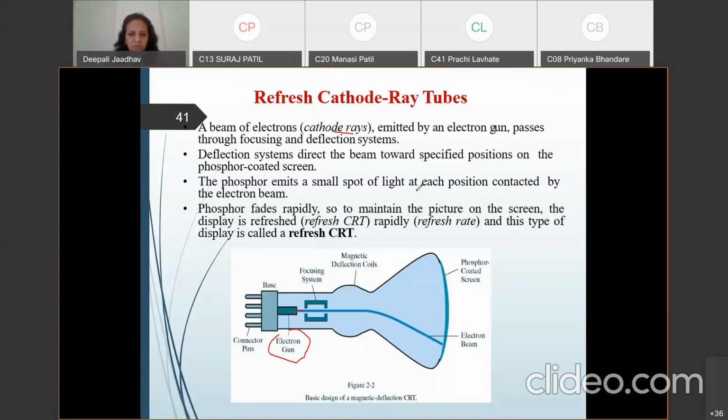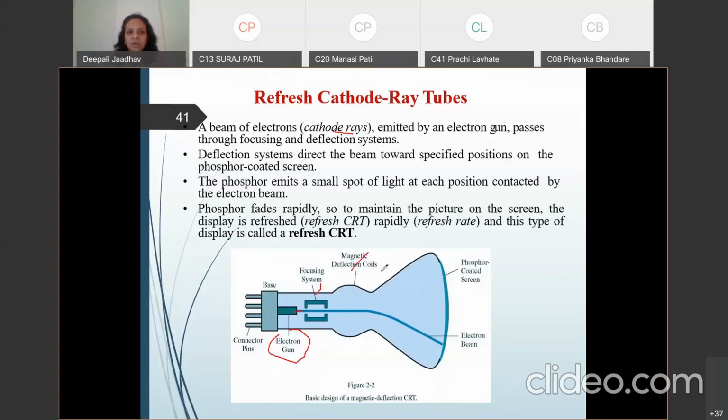This focusing and deflection system directs the beam toward the specified position on the phosphor coated screen. How these deflection coils give direction, we are going to see in the next slide.